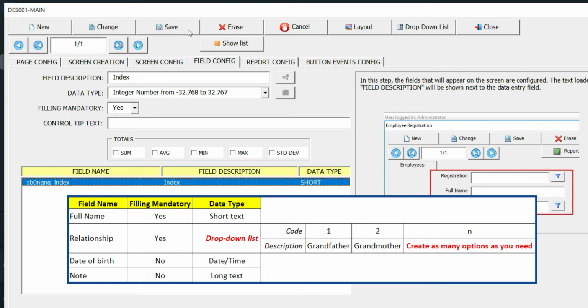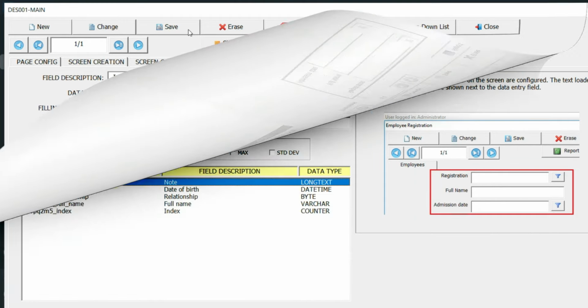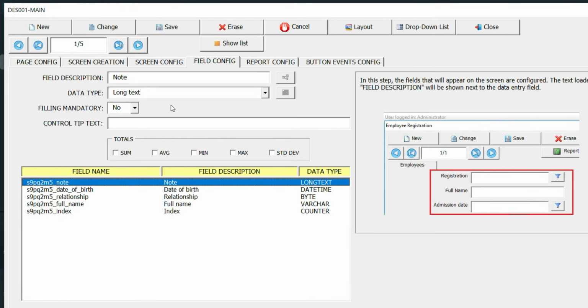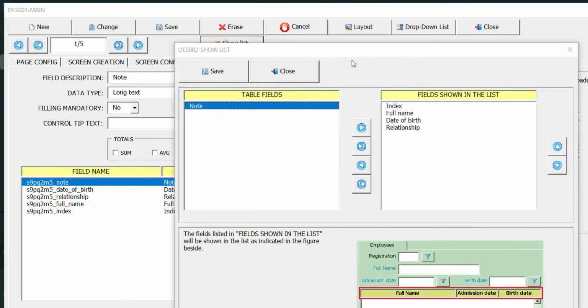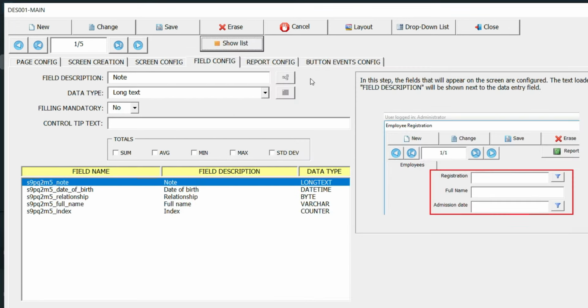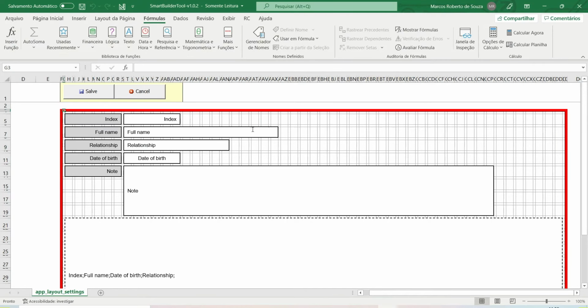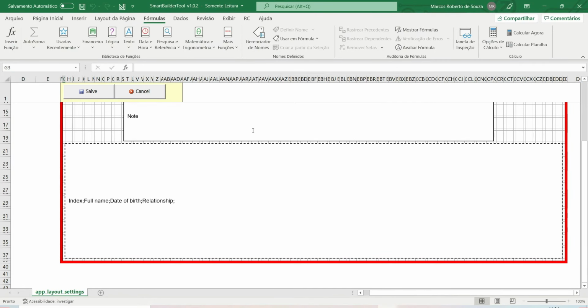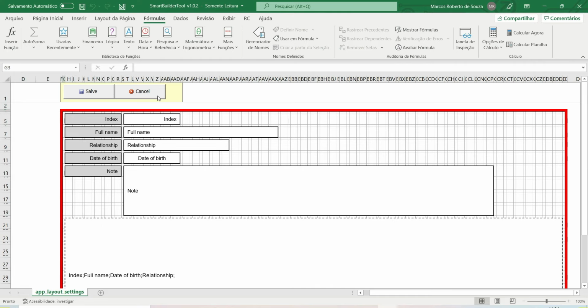Add the fields as suggested, but remember that you are free to create the fields as you need. In this list, there is a drop-down list type field. Create the lists as already explained. Now get to work. Remember that after creating the fields, you can add a list for easier navigation by clicking on the Show List button. Finally, adjust the layout by clicking the Layout button. Remember to save changes before exiting.